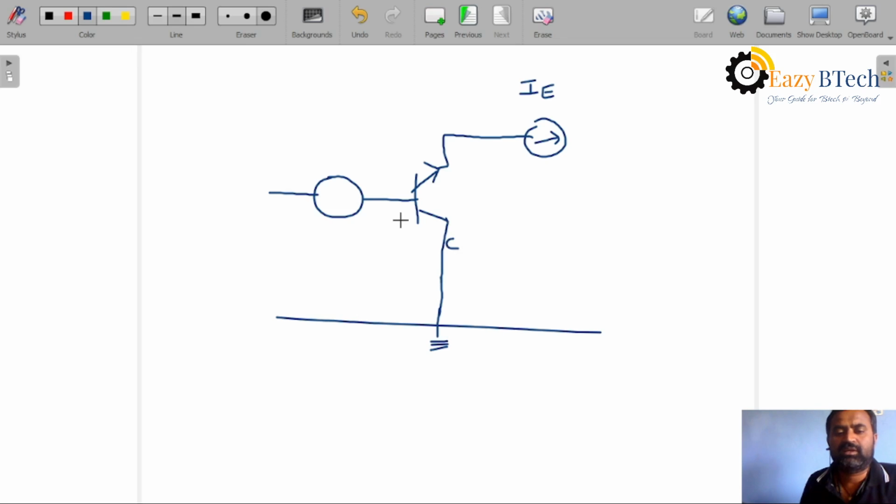This is collector, base, emitter. This current we call IB, this current IE, and the voltage here to here,